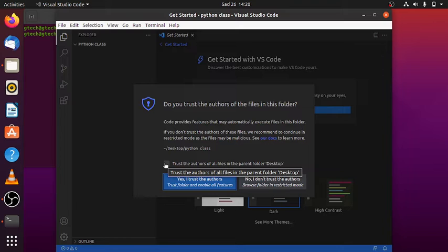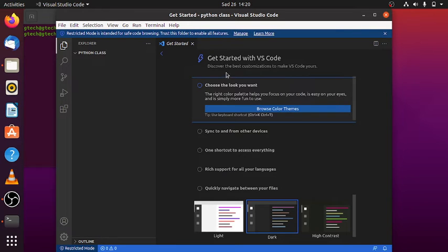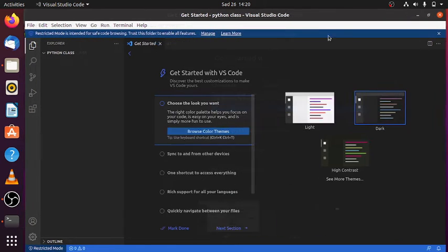And if you have not seen how you can install VS Code on your desktop, then you can check the videos on this channel, or I leave the link in the description down below so that you can check on that, and also to install Python on your Ubuntu. Then just mark this, and you can mark either yes or no. Then close this welcome message